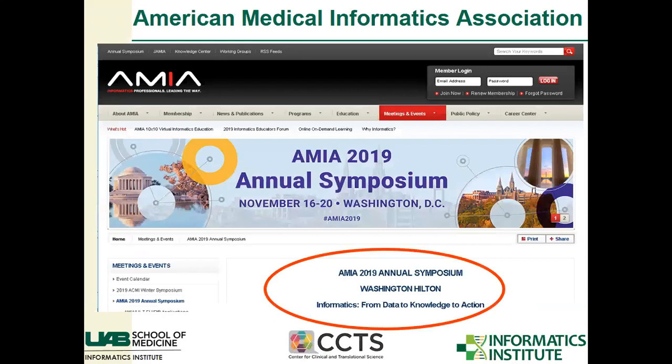I'm going to skip through that. If you have an interest in the domain of informatics, there is the American Medical Informatics Association, the primary professional home for academic informatics. They have a couple of big conferences a year, one of which is focused on translational bioinformatics and clinical research informatics. They're pretty fun. They're in Washington, D.C. and San Francisco. Typically, this one's in D.C. You can learn as much as you want about informatics at one of these.